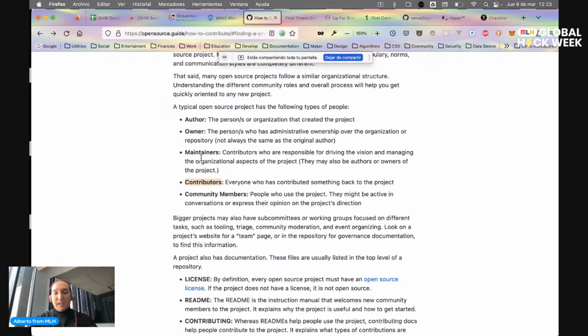Let's do it again. Remember, you start a project, you may be the author, the owner, but you don't have time for maintaining that project. So there are maintainers, people who are looking for updates, issues, bugs, etc. in the project, and sometimes they don't have time due to their other activities or due to their technical incapabilities of resolving a problem.